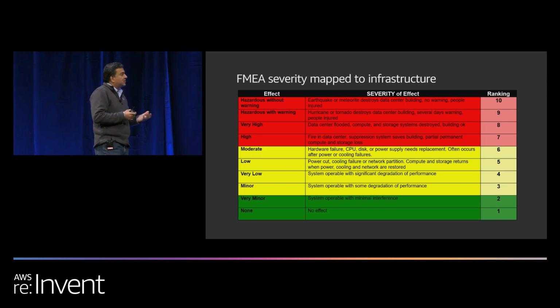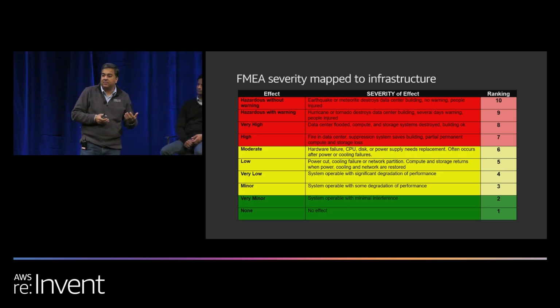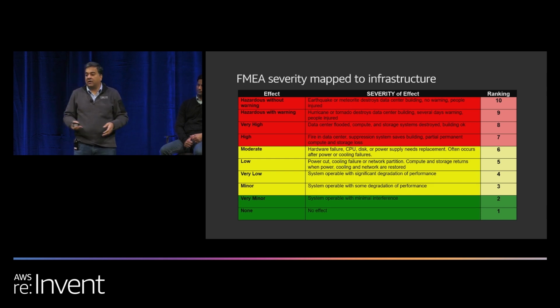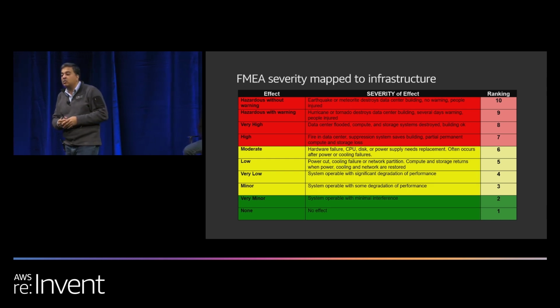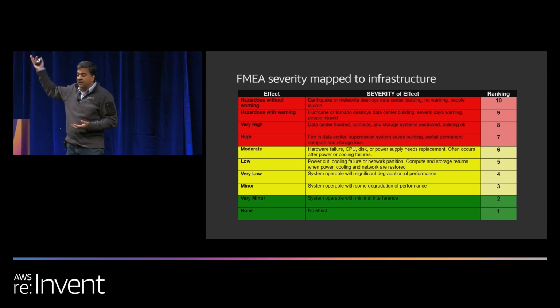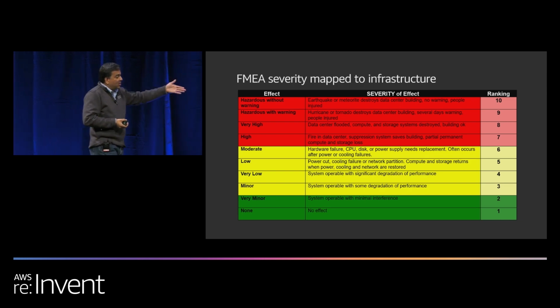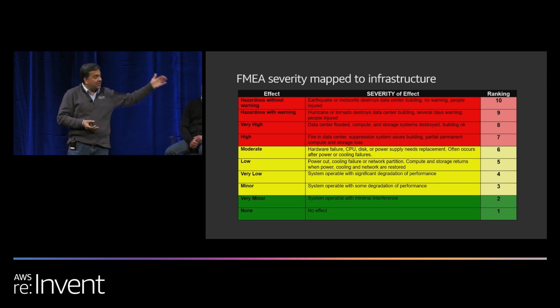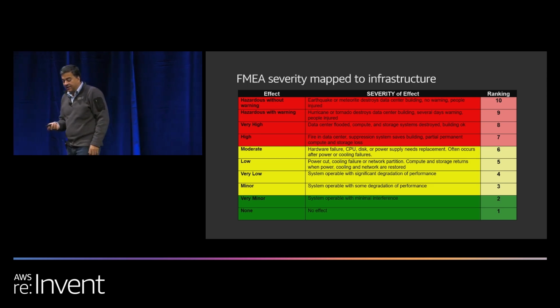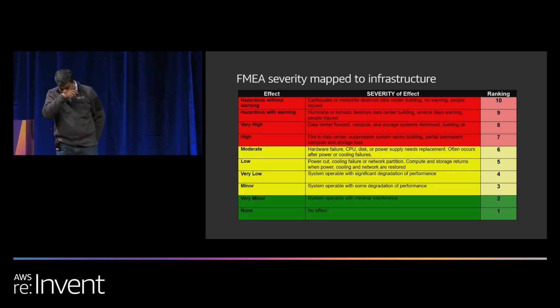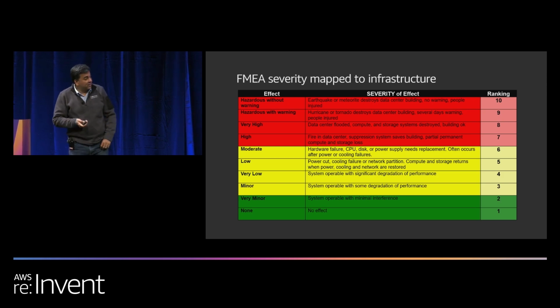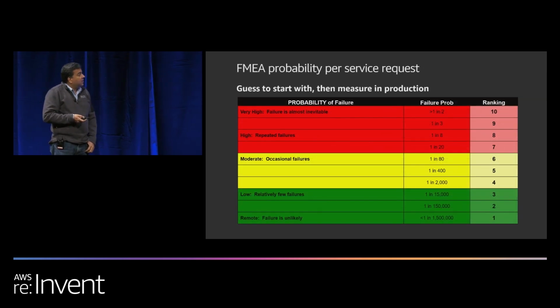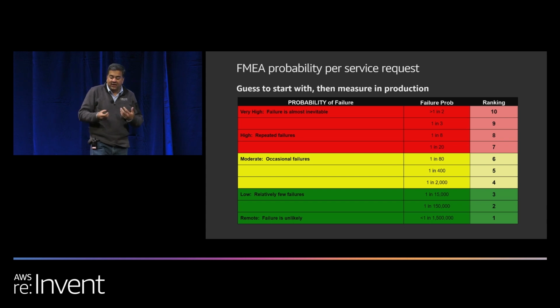What are the risks that are the highest impact? Something that you don't know about, like an earthquake suddenly happens and you can't compensate for that risk. For that, the ranking is the highest. Going down to the lowest is where you can mitigate, have some mitigation. So for that, you have the lowest ranking of that risk, right? So you have basically put a ranking for the severity of the effect of the failure. Take the probability of the failure.